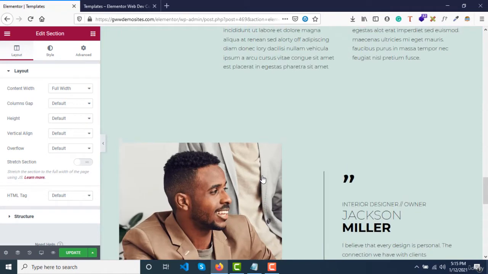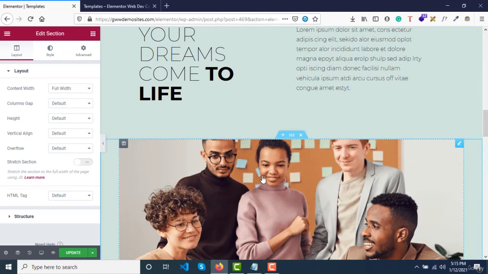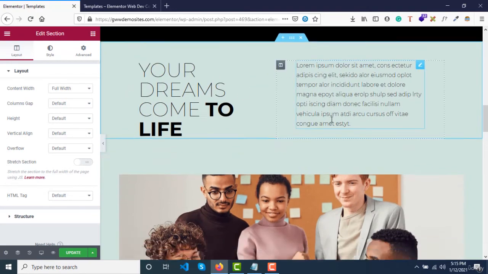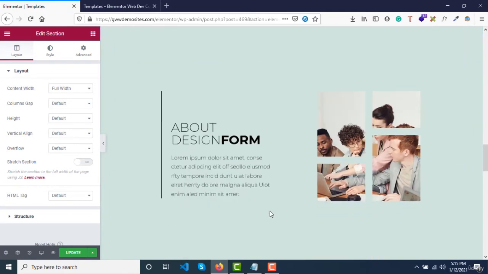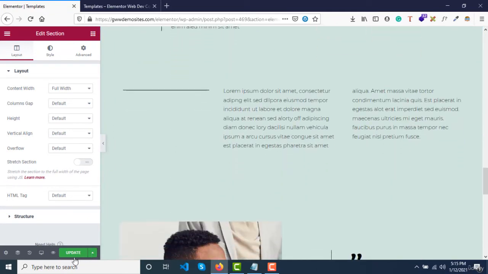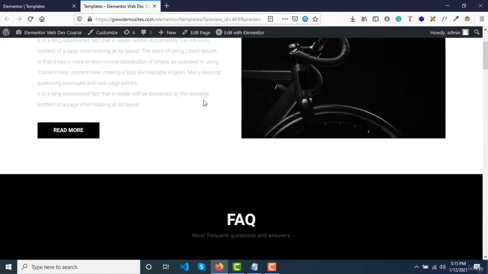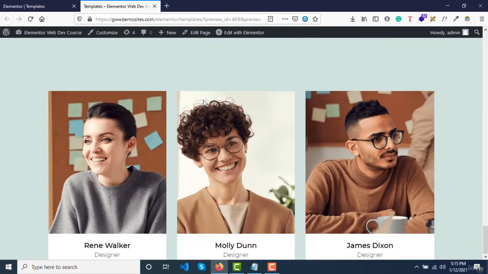Right? Now you can go ahead and customize the design. Like say if you want to change the background, if you want to change the font size, font width, font family, and you want to change the image, then you can go ahead and do it by yourself. And all you just need to do is click on update so that your page is live. See how easily we can create sections by using pre-made templates.